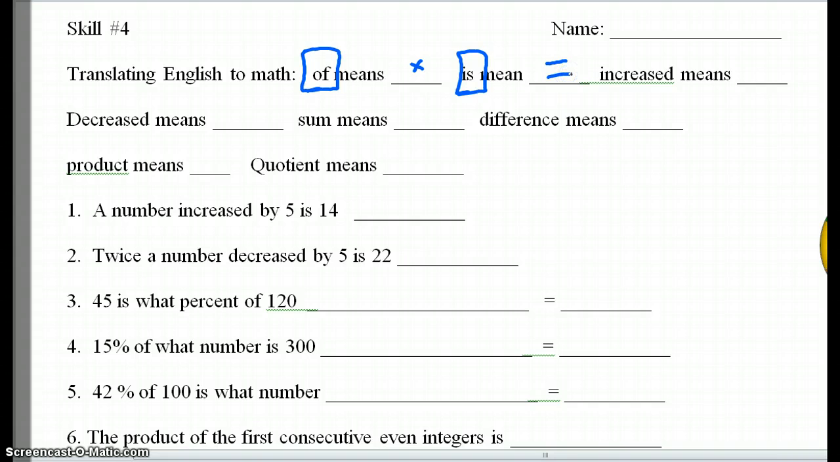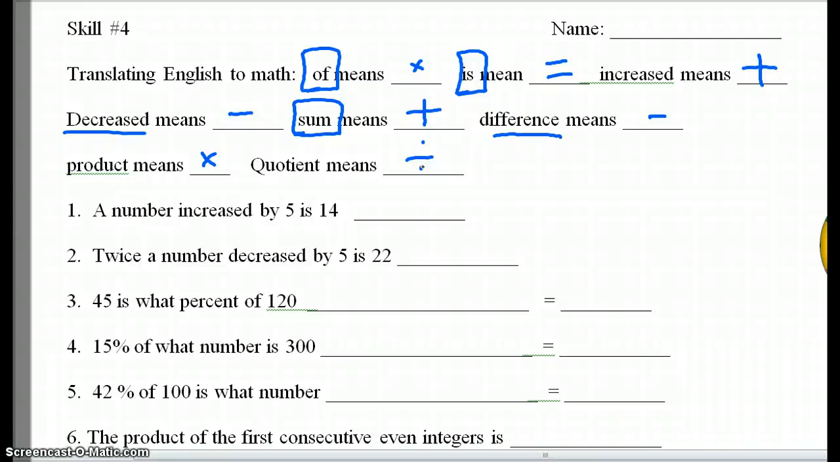When I increase something, that means to add. Conversely, when you decrease something, you should subtract. Some common words are sum. Sum means add. Difference is subtract. The word product means to multiply, and quotient means to divide. So these can be construed as vocab words, but really you should think of these as when you see word